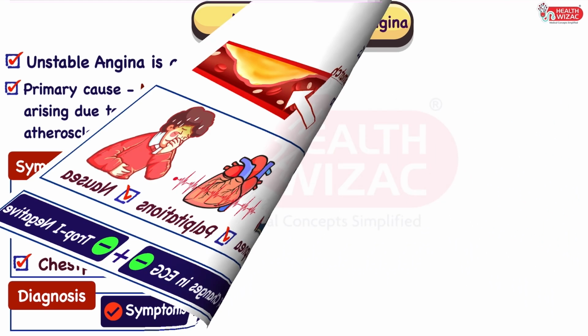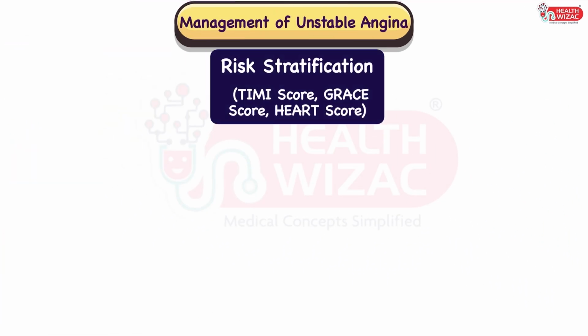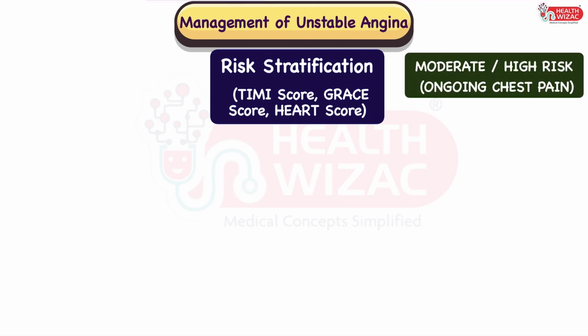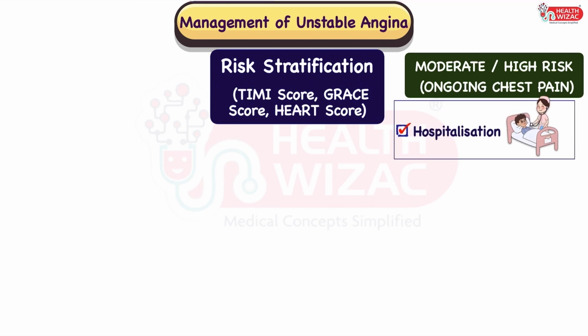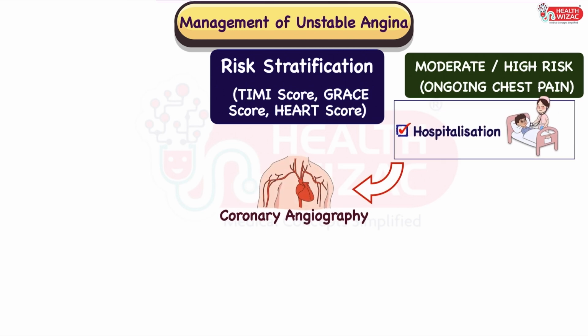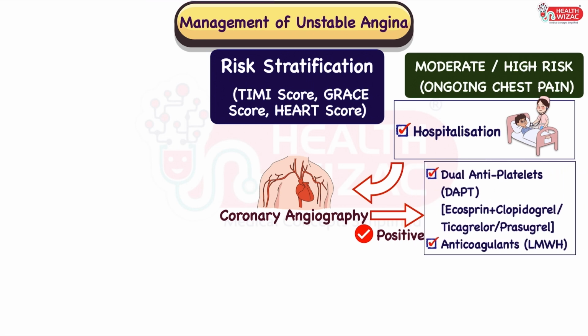Management of unstable angina starts primarily with risk stratification, which is done with the help of TIMI score, GRACE score, and HEART score. Patients with moderate to high risk with ongoing chest pain are advised hospitalization, and coronary angiography is done at the earliest. Patients with positive coronary angiography report are diagnosed to have unstable angina and are started with